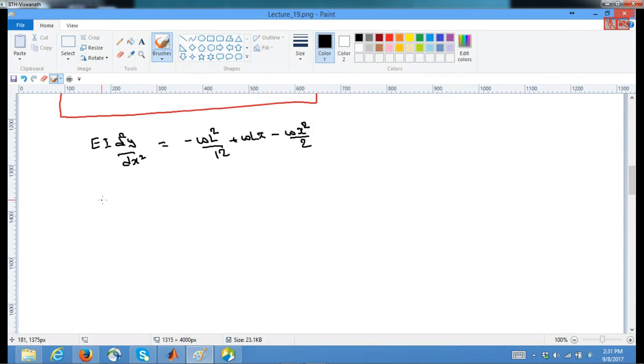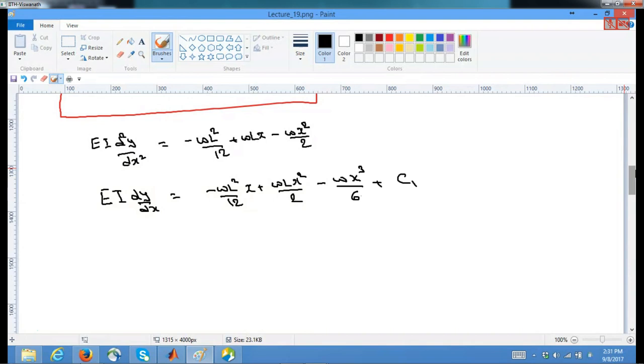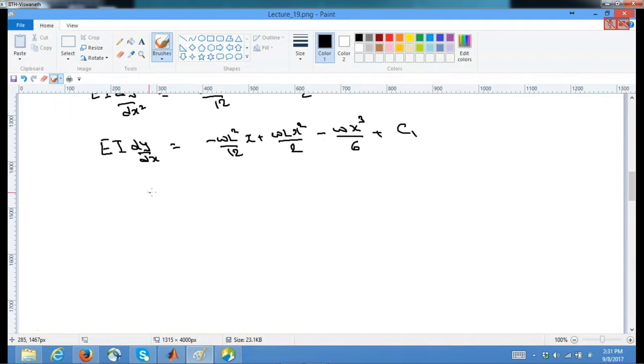And if I integrate once, it will become EI dy by dx is equal to minus WL square by 12 x plus WL x square by 2 minus W x cubed by 6 plus C1. Similarly, if I integrate it once more,